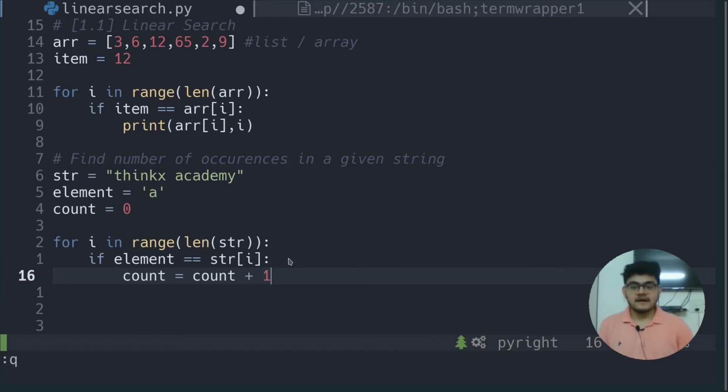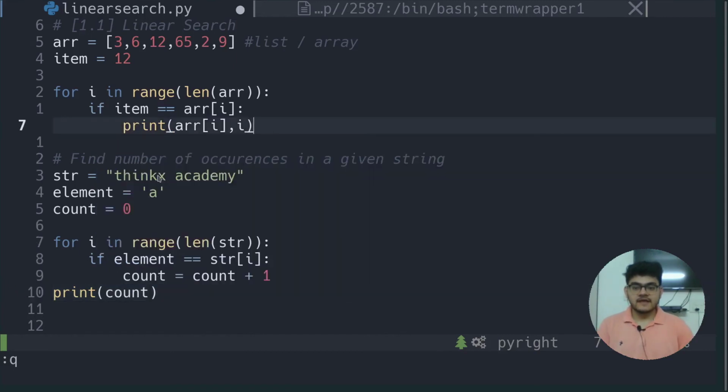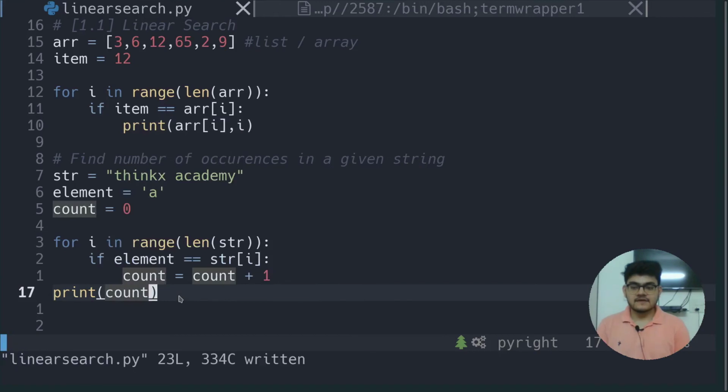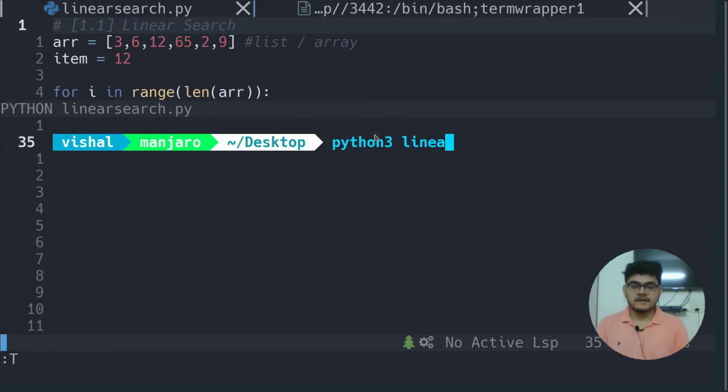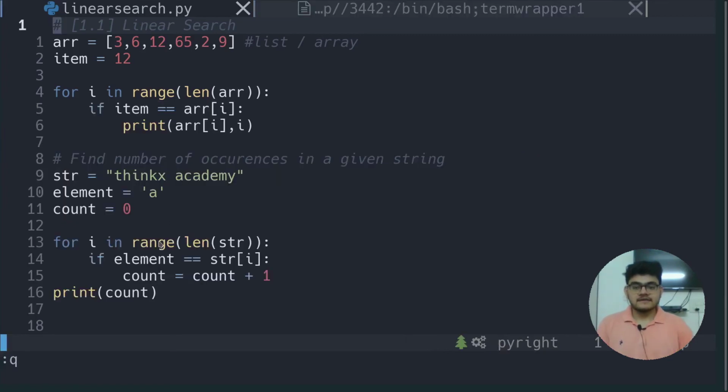And now what I want to do is print the value of count here, which gives the number of A's inside of this string. Let's save this program and run it in the terminal, linear search.py, and you can see here it returns 2 because there are 2 A's inside of the given string. So that's a very important thing here. We just need to ensure that linear search uses a for loop in coordination with the if case to compare the statement.